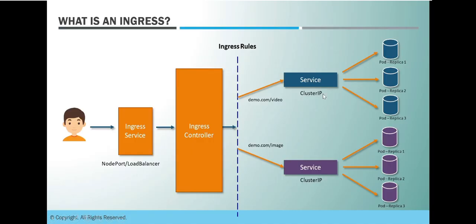Because ingress needs to communicate internally with the service IP, both are part of the same cluster. The ingress controller cannot be part of any other cluster. It needs to be part of the same cluster only, and will be able to access all the services it is managing using this ingress backend inside the same cluster. Fine. So this is the traffic flow, and we will try to deploy the same kind of scenario in our